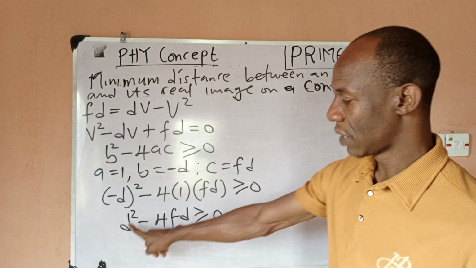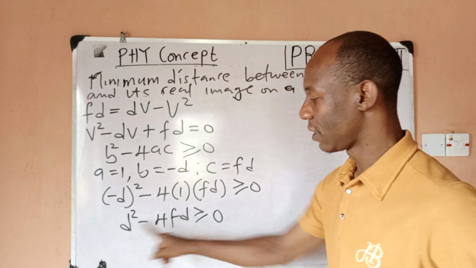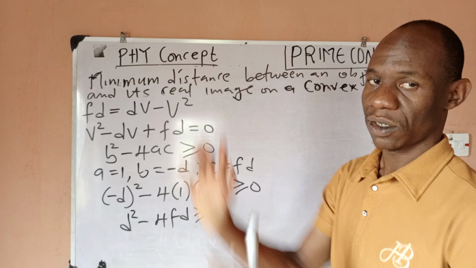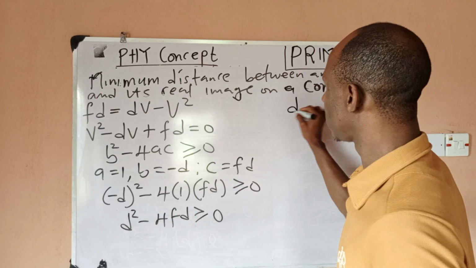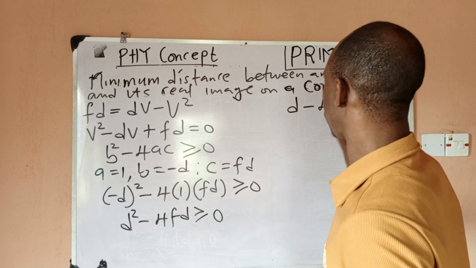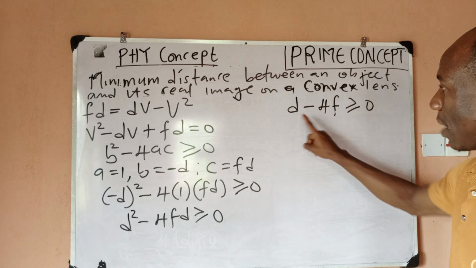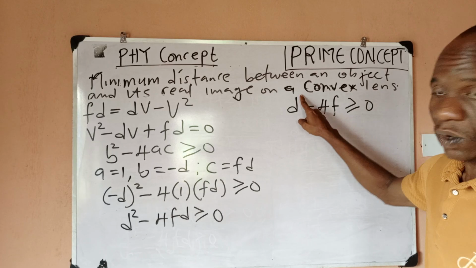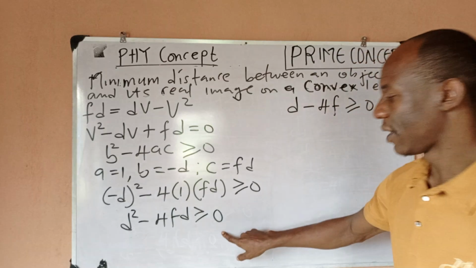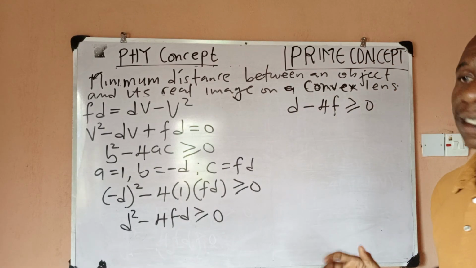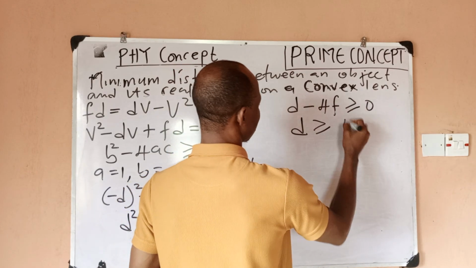So now you can see that d is common, right? So I can factorize the d and set that part to 0. I won't be needing it. So I'll just be left with d minus 4f greater than or equal to 0. I hope this is clear why I'm now having d, not d squared. Because there's a d here. There's a d. When you factor it and then divide through, you'll be left with just this. So it means, in this case, that d would be greater than or equal to